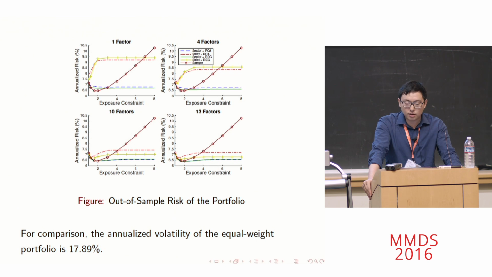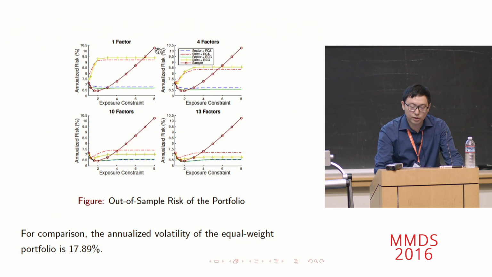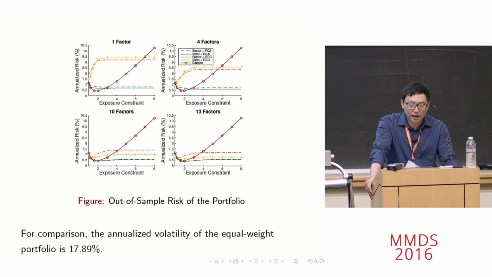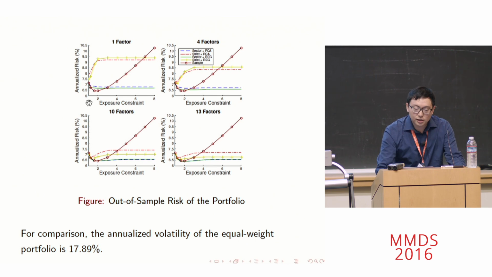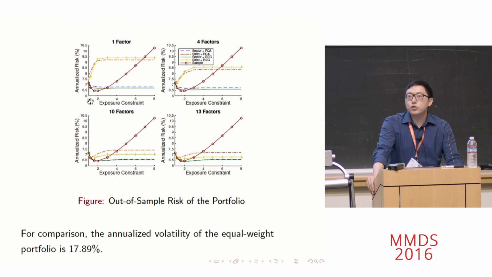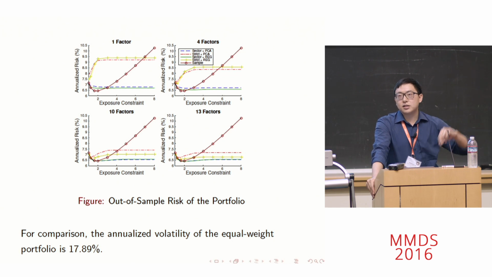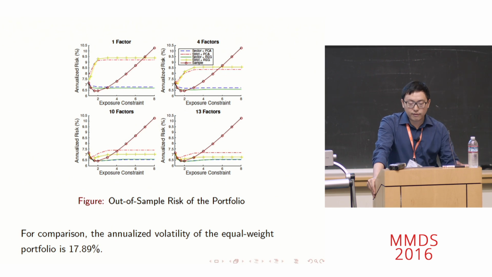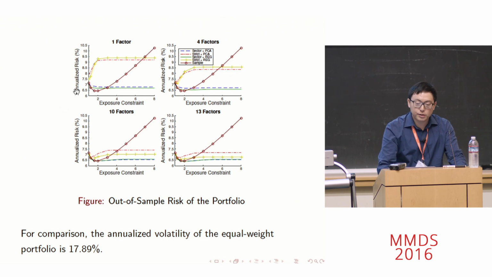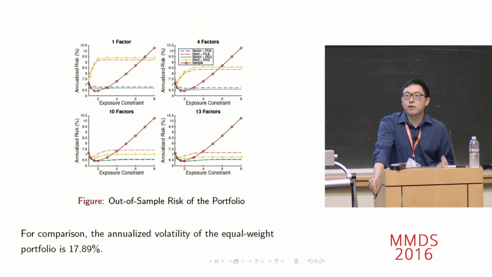Here I want to compare the sample covariance matrix, which is this red curve here. This is the result based on the sample covariance matrix, and the y-axis is the annualized risk. We want it as small as possible, out-of-sample risk. As you can see, once we relax the exposure constraint, more stocks will be selected into our portfolio, so in-sample risk should be decreasing. However, the out-of-sample risk based on the sample covariance matrix is actually increasing dramatically. This is clear evidence of the conditioning problem: the sample covariance matrix is not well conditioned.